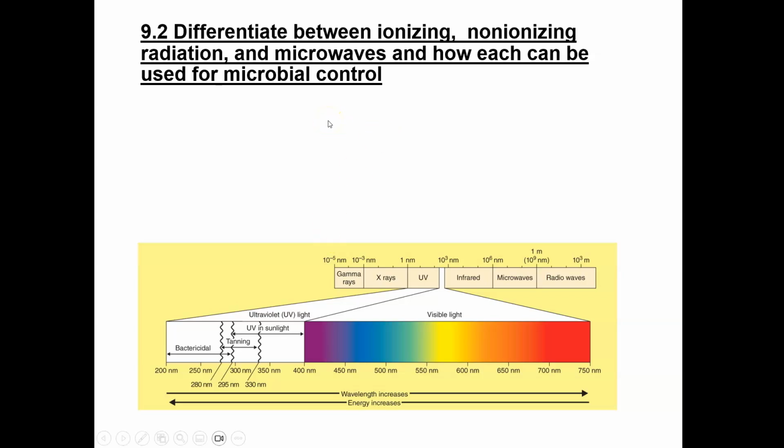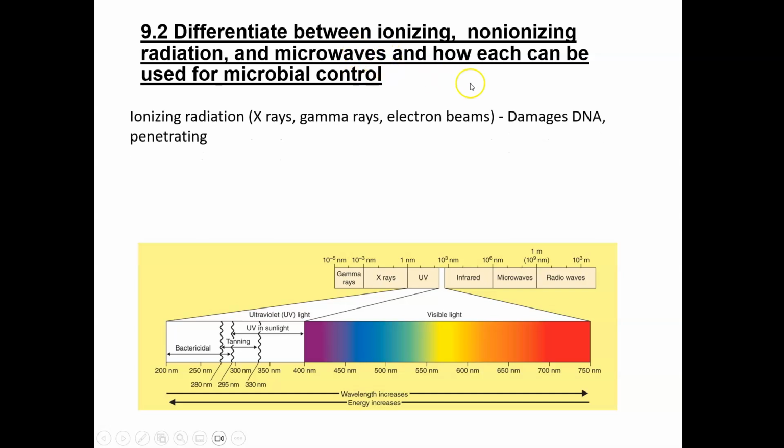Another physical control method has to do with radiation. And it says differentiate between ionizing and non-ionizing radiation. It says microwaves, but I meant to take that out. We have that later on. Oh, no, I'm sorry, I moved it to here. Differentiate between ionizing and non-ionizing radiation and microwaves, and how each can be used for microbial control. So I put this here just to give you